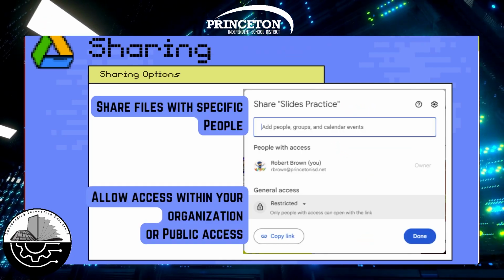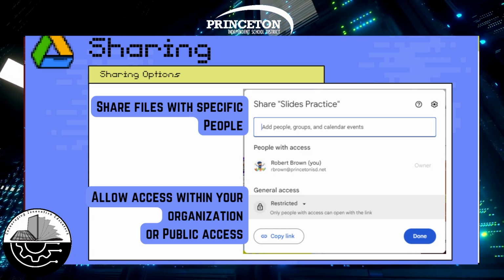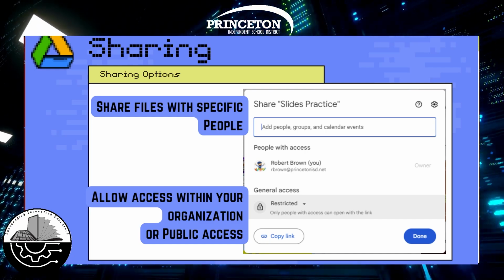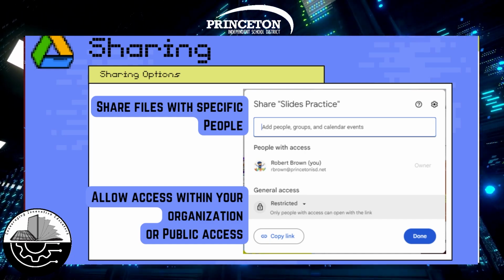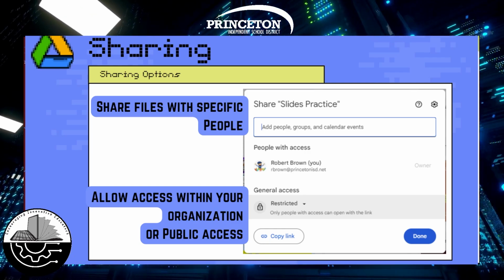Sharing, let's take a look at the sharing options here. You have two main things that you can change inside the sharing options. You can choose specific people to share your file or your folder with. You could also set it to have more general access. You can allow anyone within your organization to have access to it. That means anyone within your